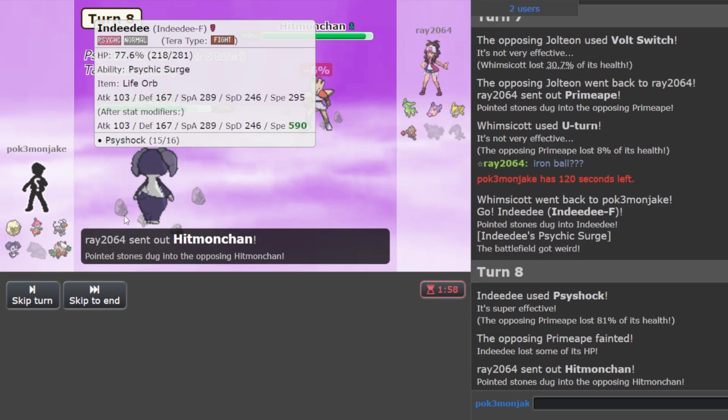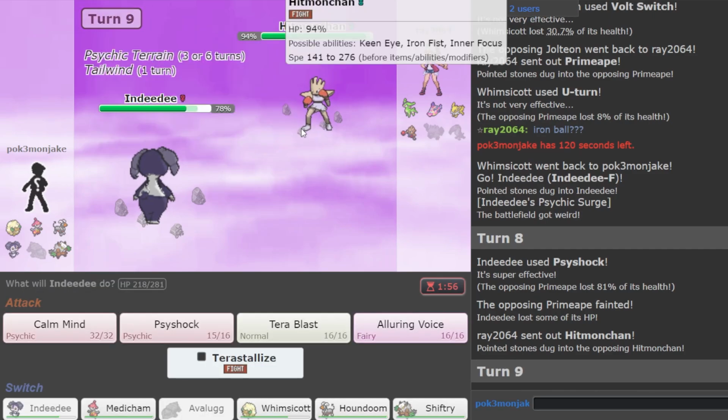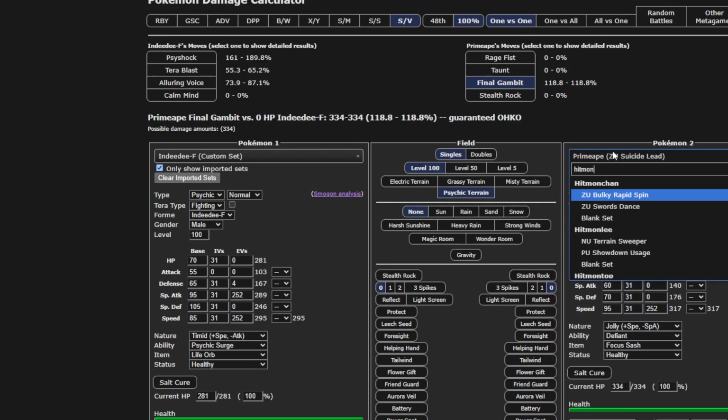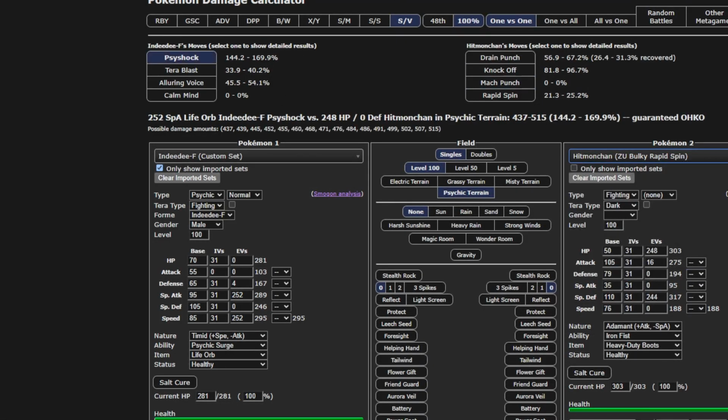And then Hitmonchan. We're hitting it on the physical side. And we're Life Orbed. I think you might be dead, unless you Terra Dark. Yeah, they're dead unless they Terra Dark. And if they do...